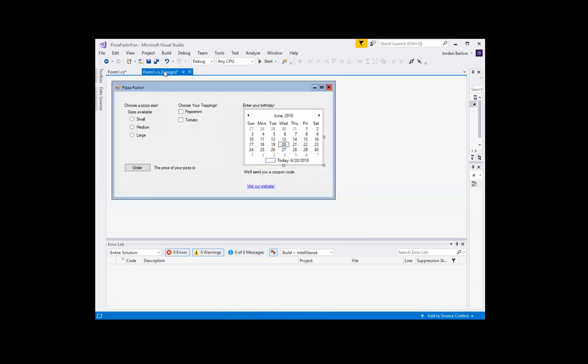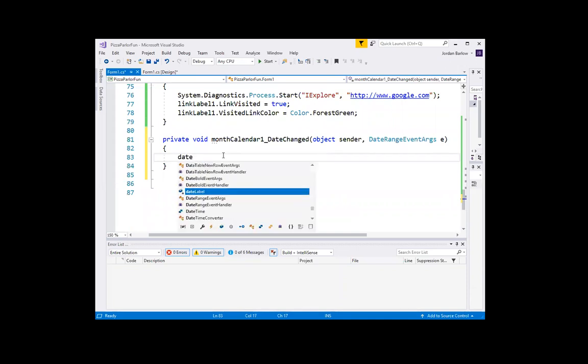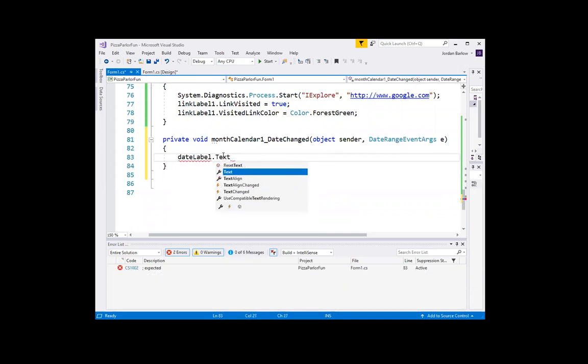And I have another label down here. I called it the date label. So what I want to happen is when the user clicks on the calendar, this date label text will be replaced and say you clicked on whatever date they clicked on, and then we'll send you a coupon code a few days before that. So we can have our date label text be the date you chose is,